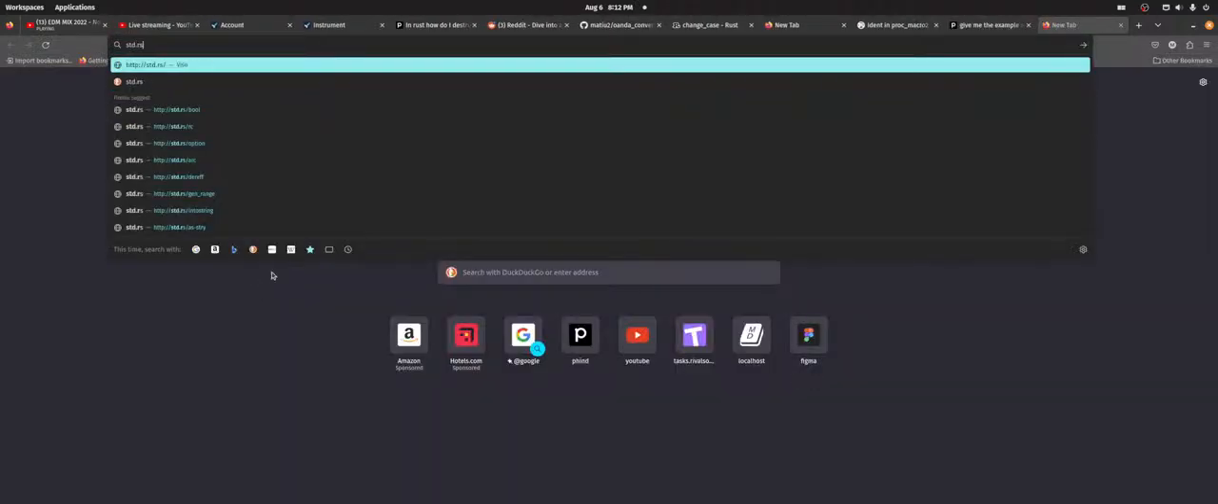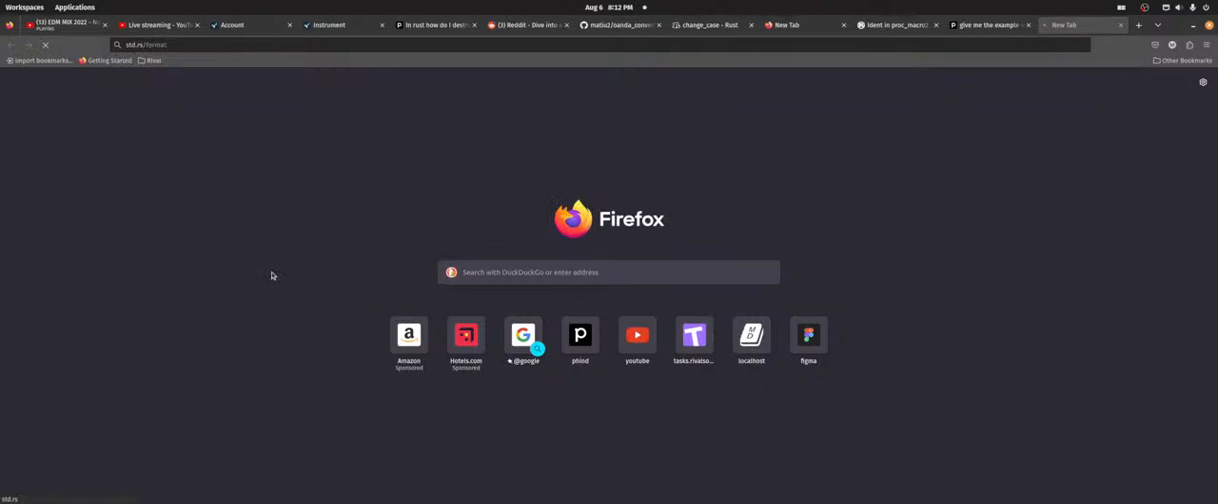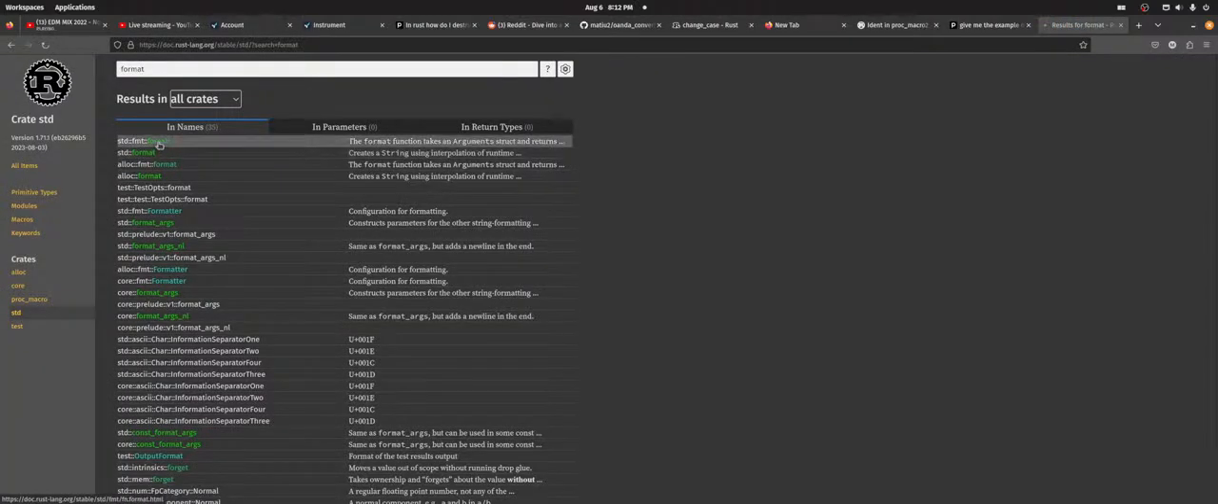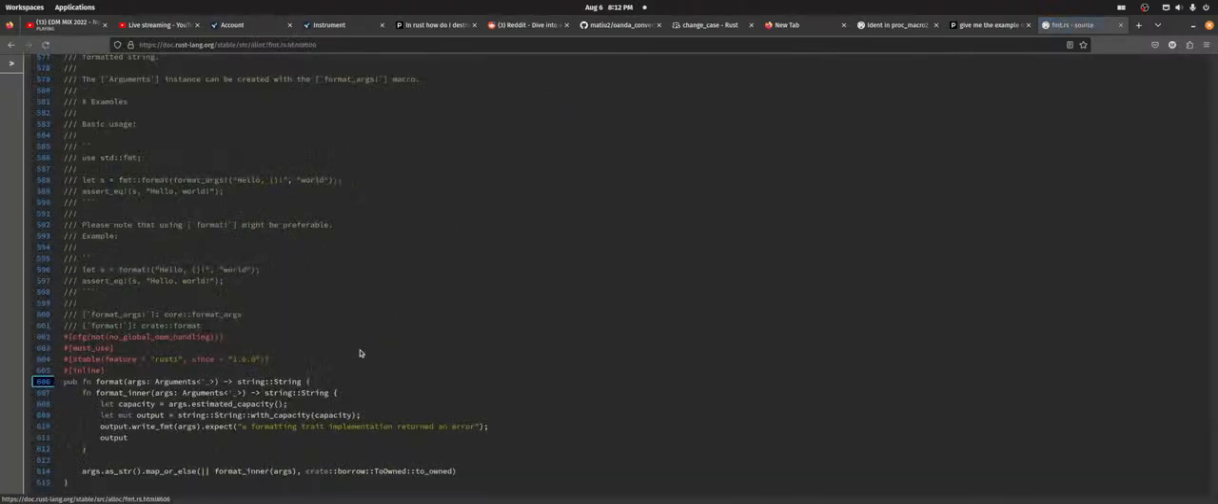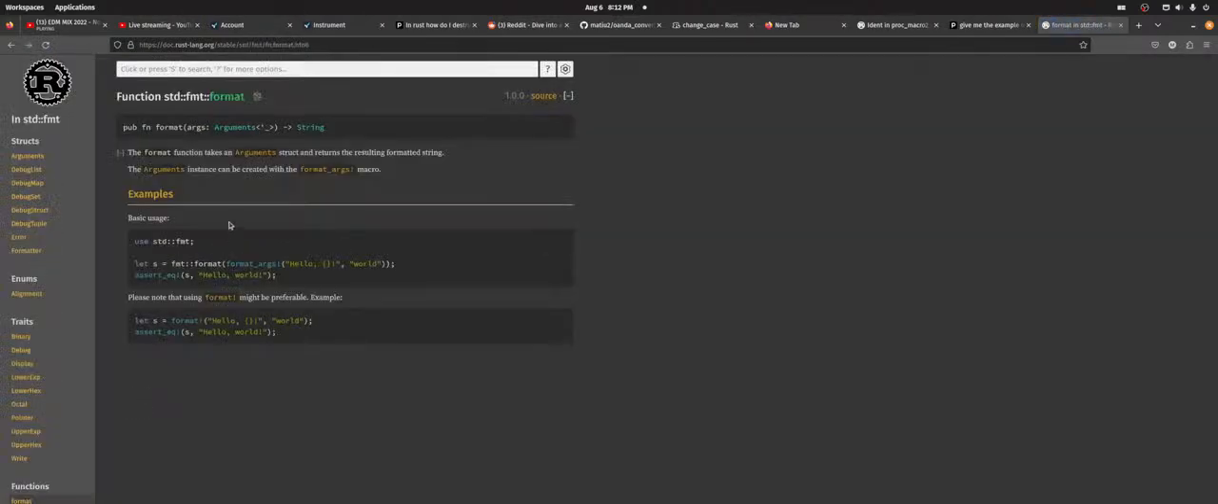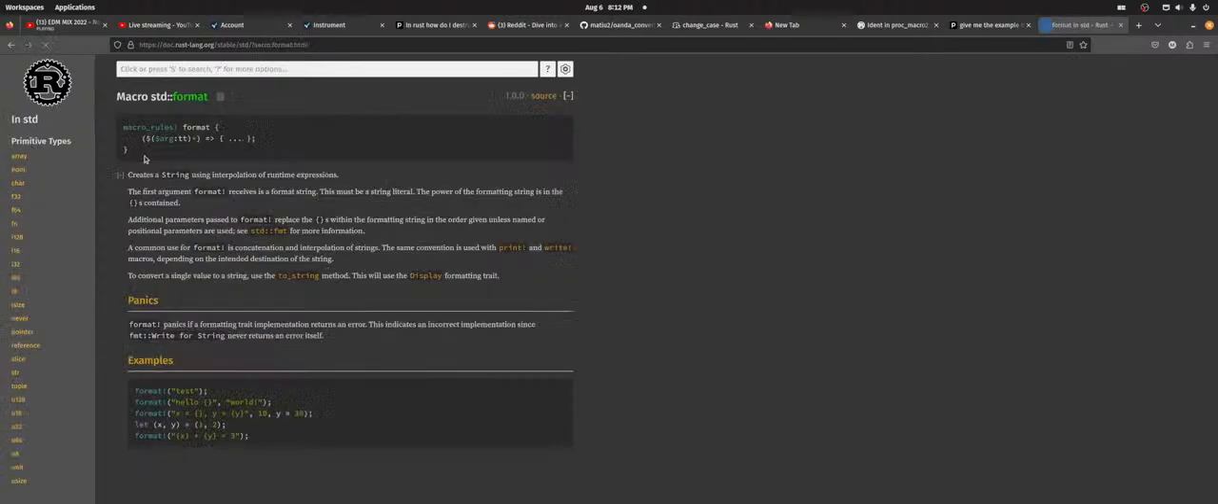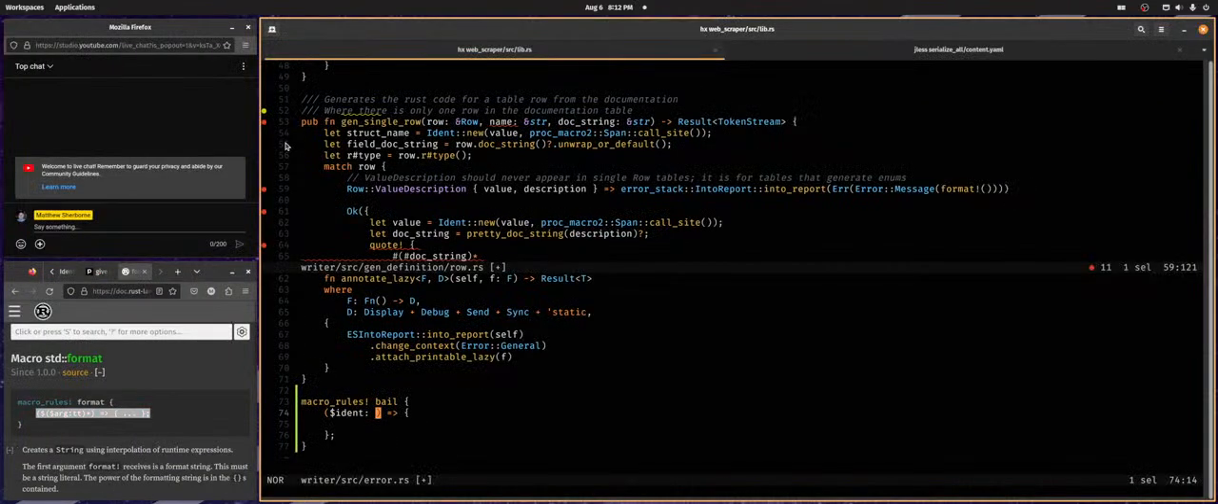Should I just go std::fmt format and then look at the code? I'll do that. Bam. Is it a macro? That's not what I wanted. Format args. Standard format. That's what we want. Args, and we're just going to shove that into